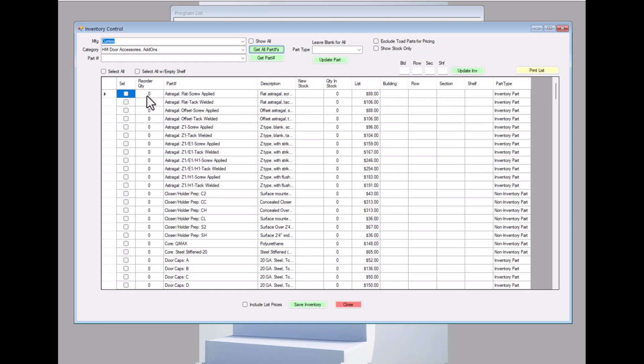So typically these items are all probably kept in the same spot. From building to row to section, they might be on different shelves depending on maybe the length or whatever. So you can update several of these at one time. Now what I'm going to do is check the first one. I'm going to use the arrow key on my keyboard to arrow down and then hit the space bar on my keyboard, and that automatically checks that next box. So I go all the way down and I'll check